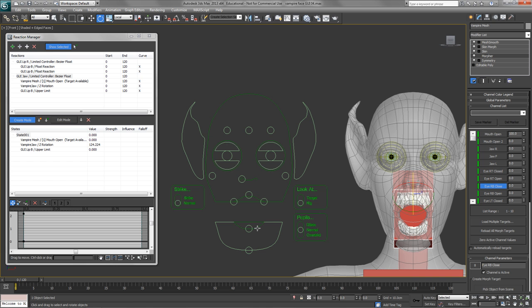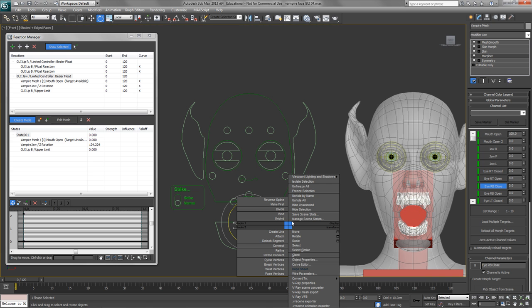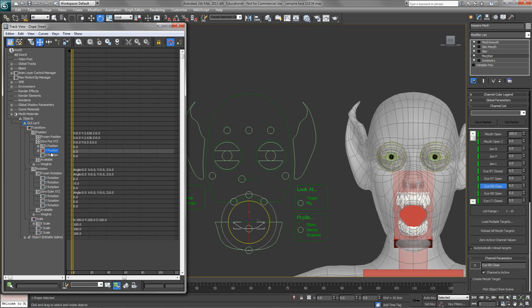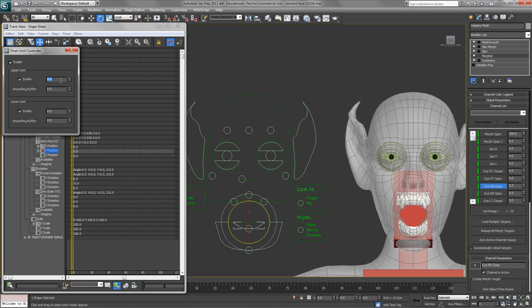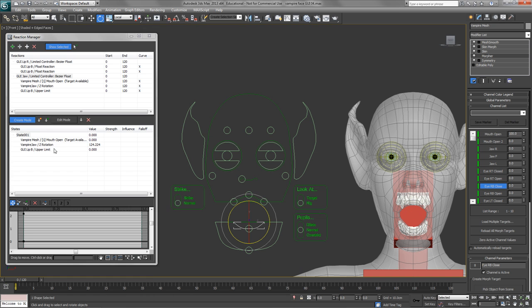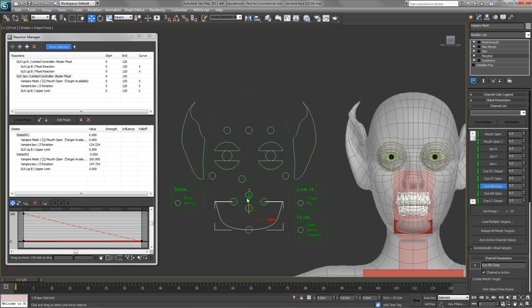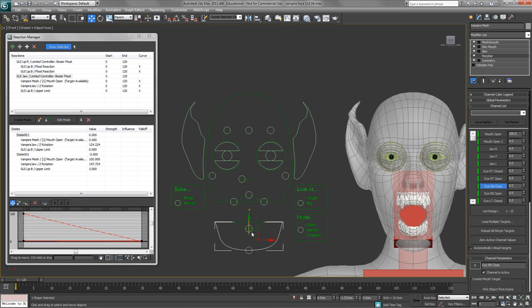And then bring this up in the dope sheet and just change the upper limit here from 0 up to 3 and create a new state, and that should be it. So now if I move this jaw up and down, you can see the morph target and the jaw movement